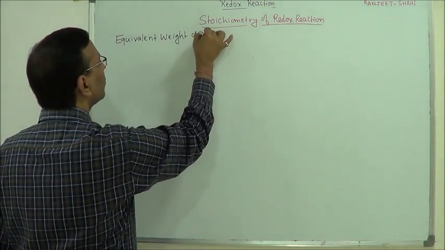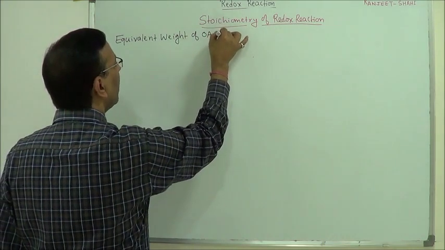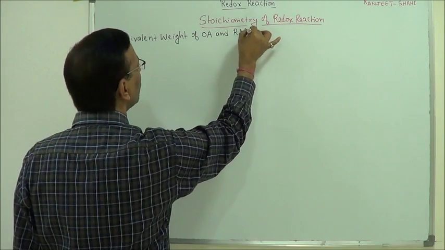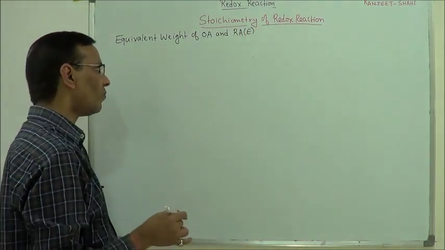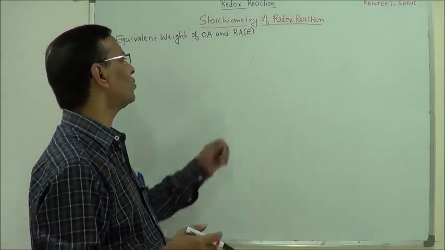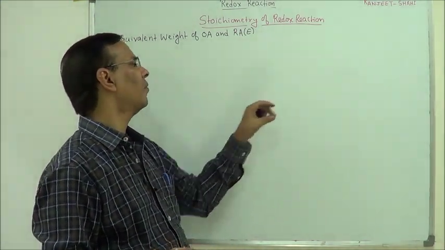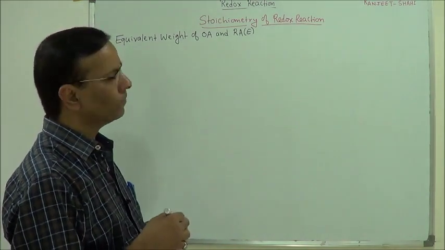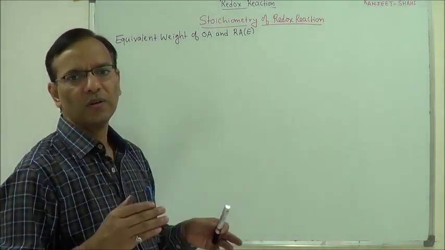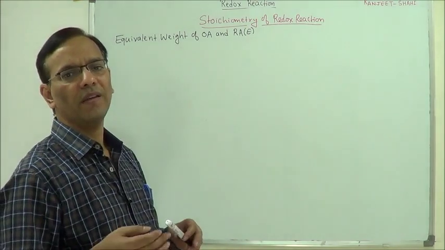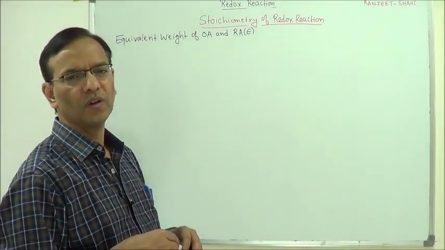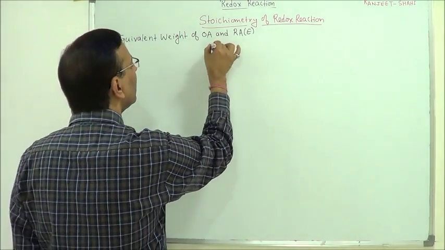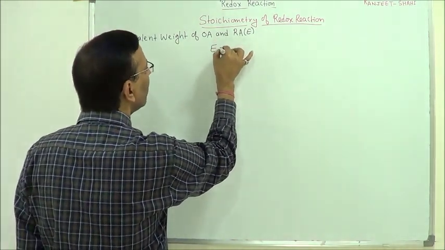of oxidizing and reducing agent, which we denote by E. Capital E is used as a symbol for equivalent mass. We usually call it equivalent weight. Equivalent weight of an oxidizing agent or a reducing agent is defined as: equivalent weight is equal to